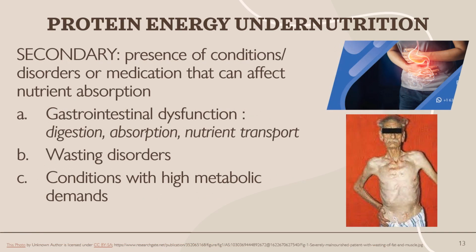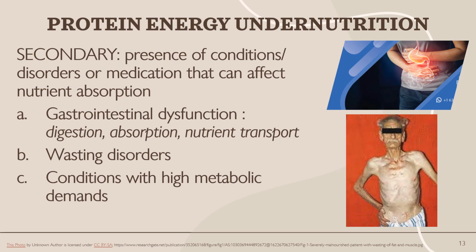Okay. We also have your secondary PEUs, or protein energy undernutritional states. Most of these are in one way or another a bit more reversible than the previous ones, no? The previous conditions I've shown you, kwashiorkor, marasmus, it may take years to bring the patient back, whereas the secondary types may need a shorter duration to treat. So these are undernourished states basically caused by conditions that affect nutrient absorption that may or may not be temporary.